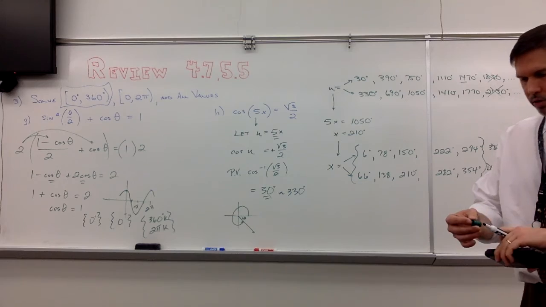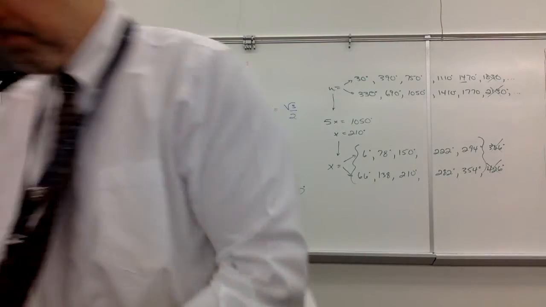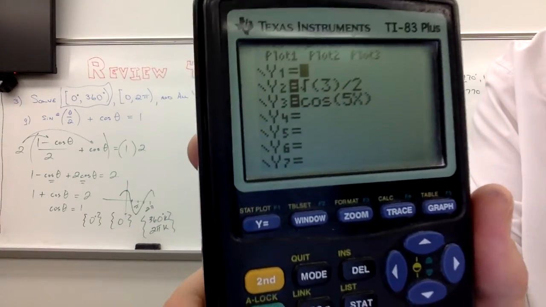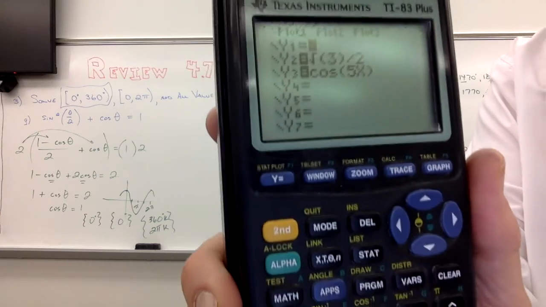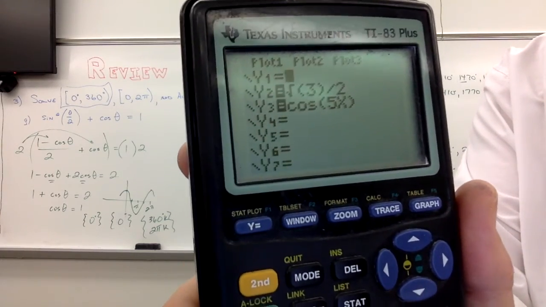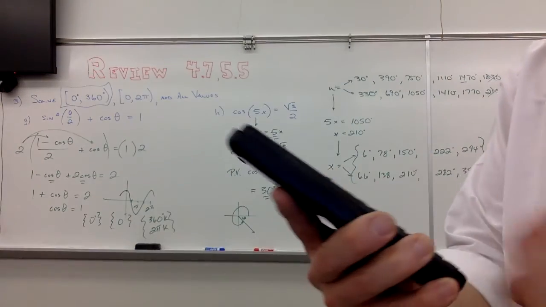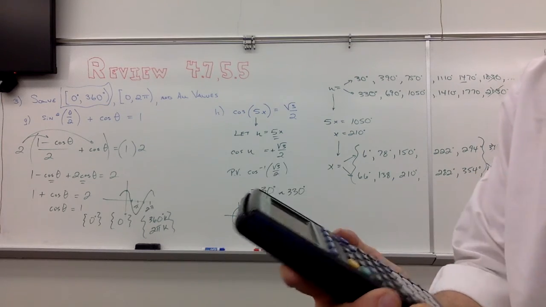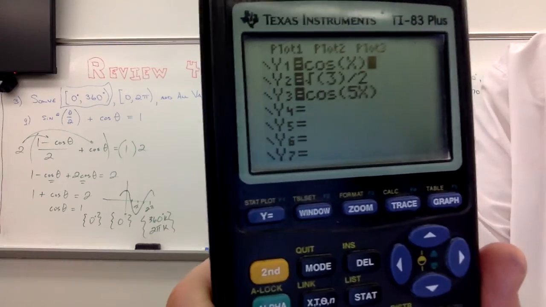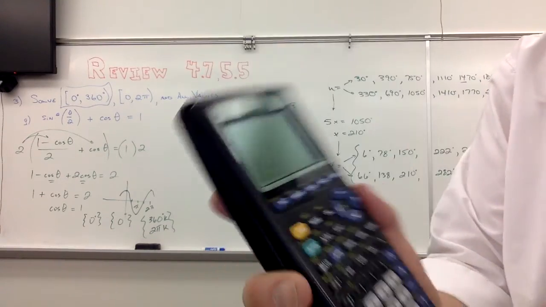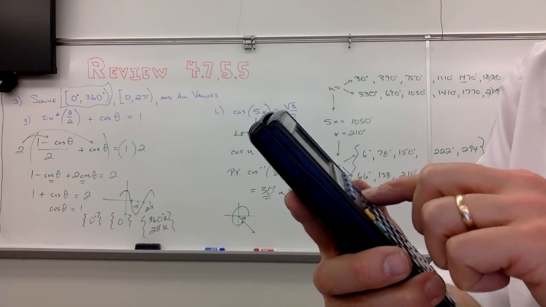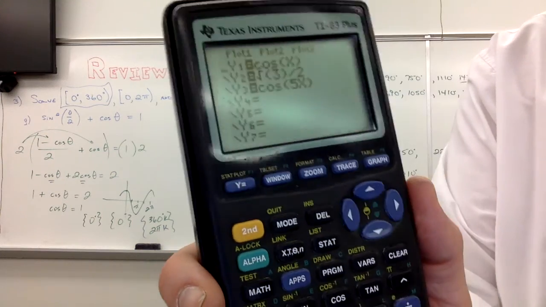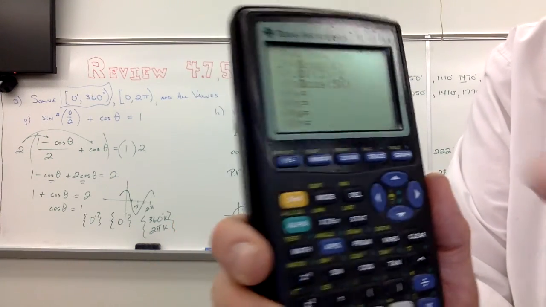Now, real quickly, we could probably show a graph of this. I already have the functions entered in, the left side, the right side. So the left side, I have the square root of 3 over 2, that's y2. Cosine of 5x is y3. Now, we'll put in the normal cosine function just for a comparison here, so we can see what happens. So probably want to distinguish that one. Remember how we can make that bar a little thicker? Just scroll over to that slash to the left of y1 and hit enter. And if we go to graph